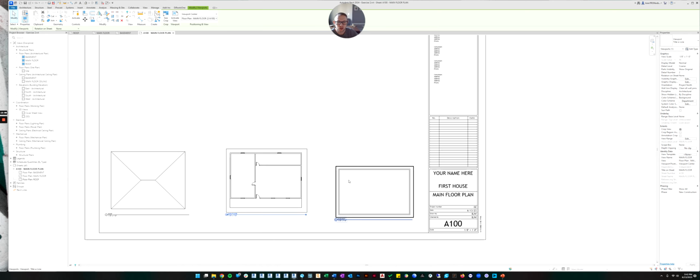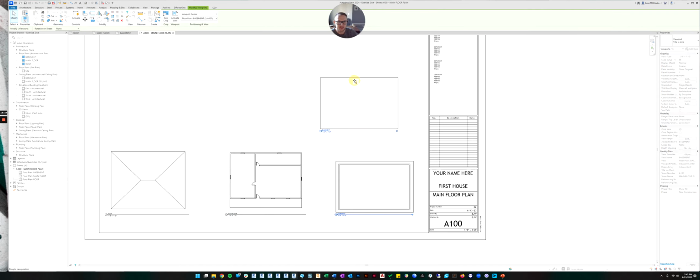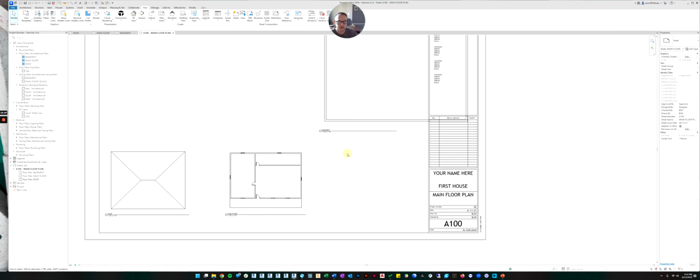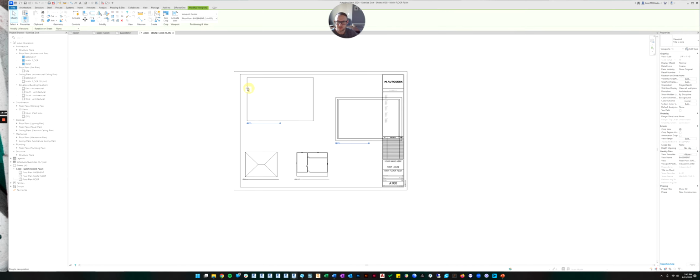So you can change it a couple of ways. You can click on the view, and over here are the view properties, and the top property that you can change is the view scale. So let's do that on the basement. Let's click on the view, go over here, and then let's change the scale to 1/4 inch. Okay, so now it got bigger.